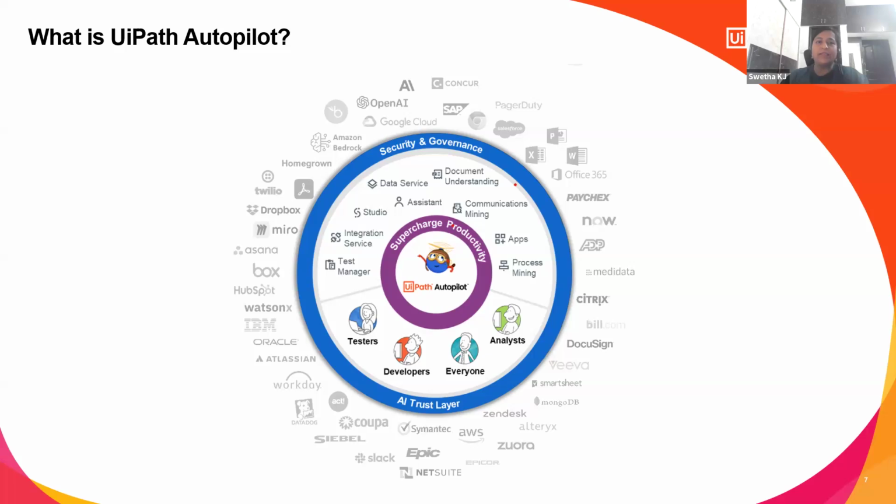Then Autopilot gathers data related to the identified processes, like the sequence of steps, input fields, any decisions that might be involved, and also the output that has to come out of the process. Using this collected data, Autopilot will train the machine learning model to understand the underlying patterns and variations in the processes. These models will learn to mimic human actions and decisions within the specified workflows that are to be generated.